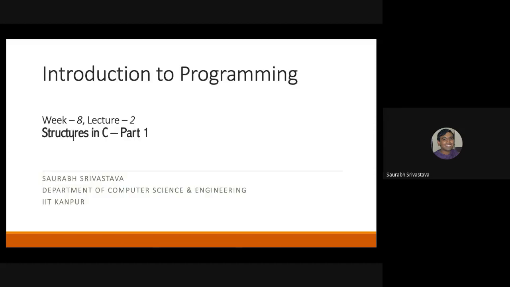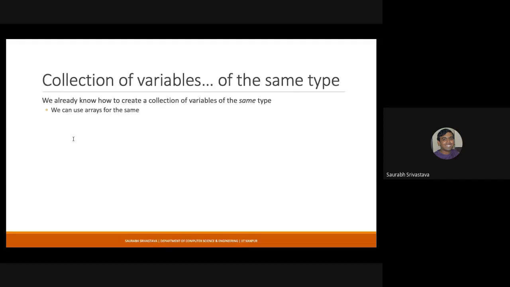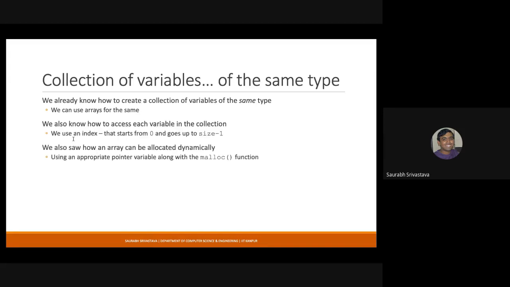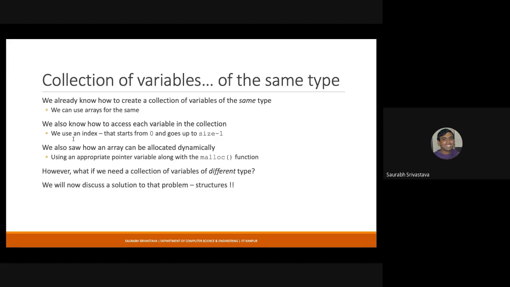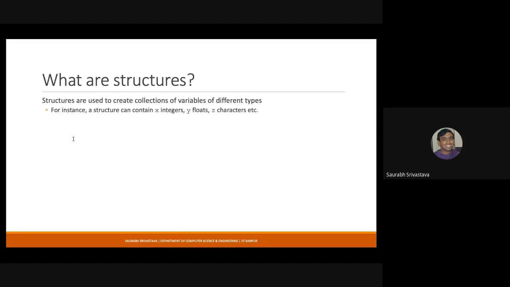Okay. So then we move to structures. We have seen how arrays can be used as collections of variables of the same type. In certain cases, you might want to create a collection of different types of variables, and this facility is provided to you by structures. A typical structure can contain different data types. You can have, let us say, x integers, y floats and z characters, and so on. You can have structure variables as well within a particular structure, so you can call it some kind of nesting.